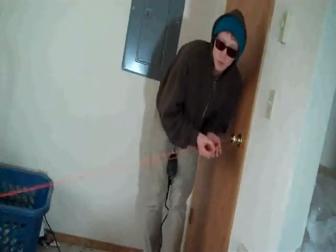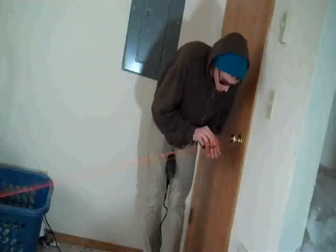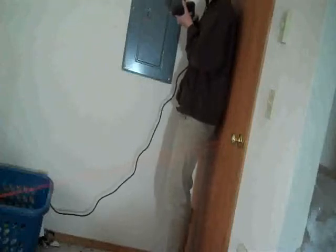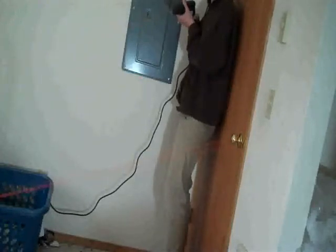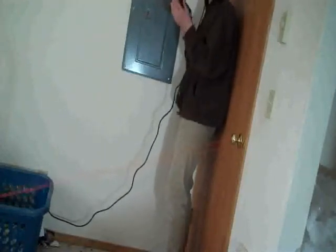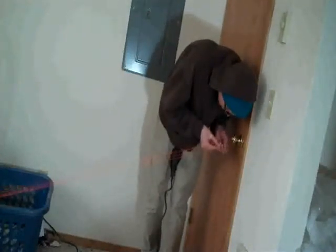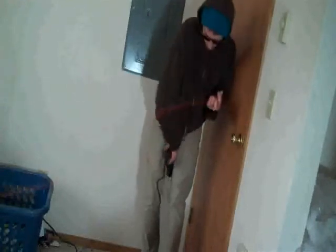So for this type of string, usually I take and separate the two types of polyester. And I grab one string from one set and one string from another, and then twist those two threads to the right for about 3 or 4 seconds. Then I get that on my finger, get the next set. And for the last one,